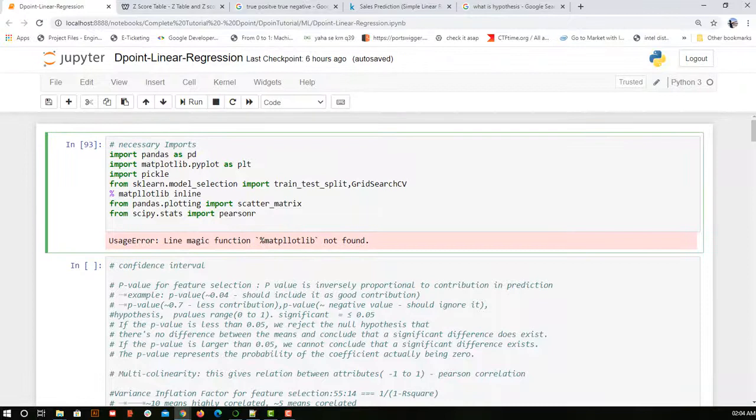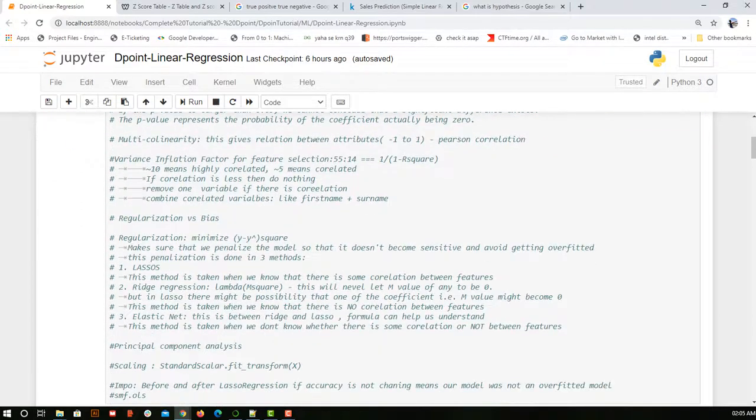Okay, coming back to our linear regression, first we import. This is for graphs, this is for reading from the file, this is for splitting our data into train and test, and this scatter matrix, if we have 5 columns, will give us each column versus all other columns. It will plot graphs for us, and this is the Pearson correlation coefficient. What happens inside, what is the range, what is positive correlation, what is negative correlation, all that I covered in the statistics video.